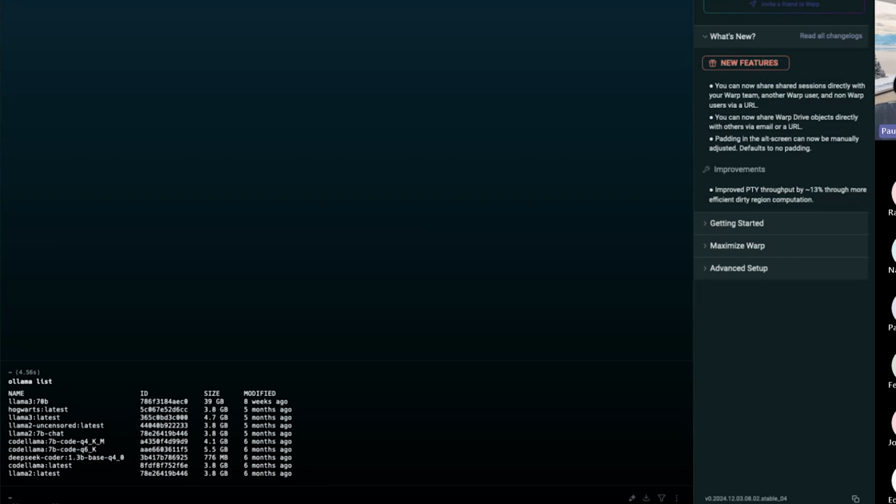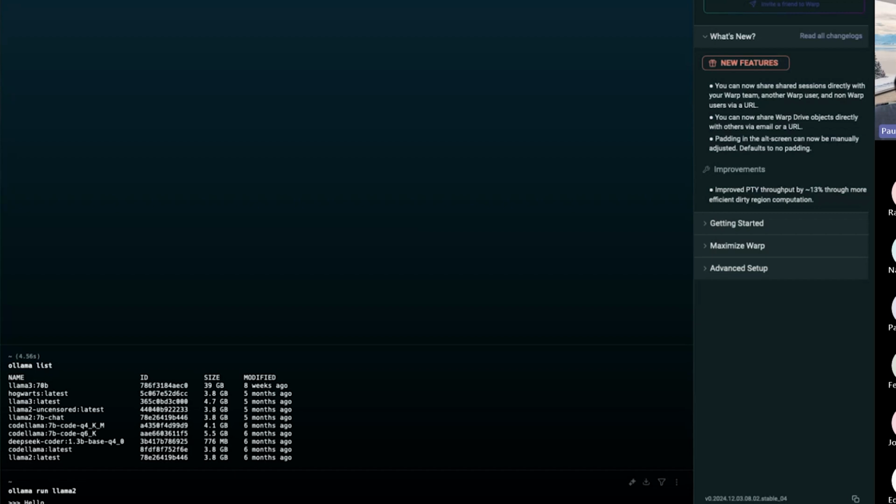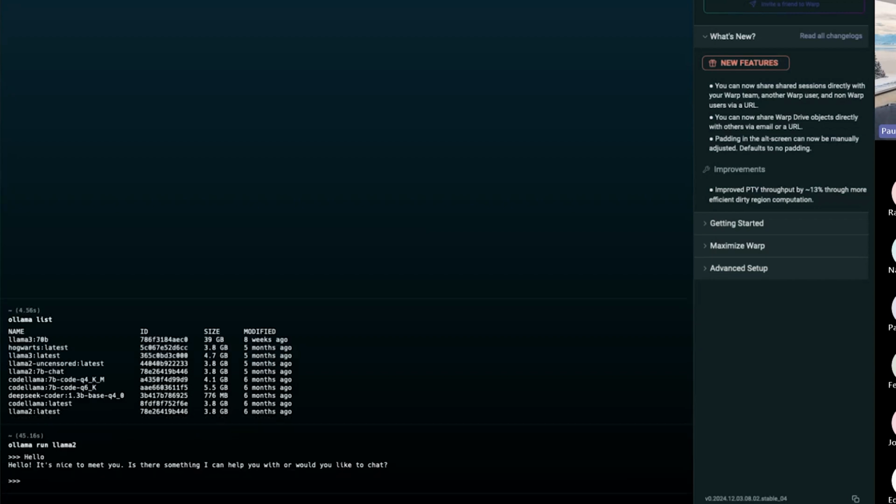As you can already see, this all runs a little bit slower, which in this case is due to my hardware, which again is an important factor to consider because running these large language models locally does require some beefy hardware. And of course, that always depends on the size of the model. So with Control D, I can just exit this model instance, and let me also show you